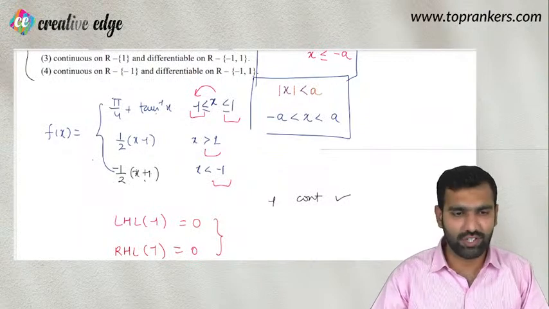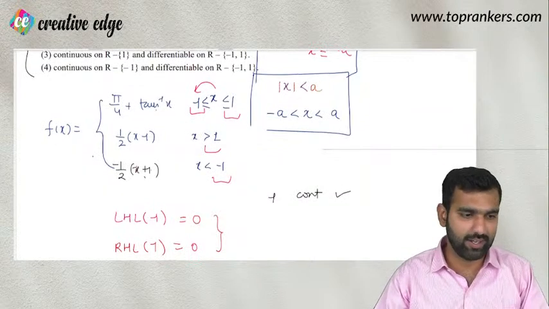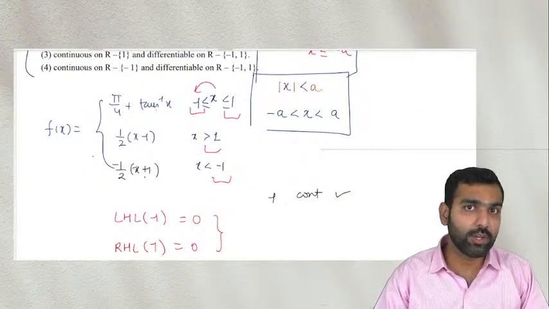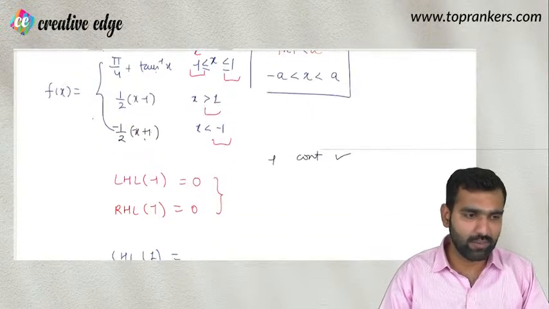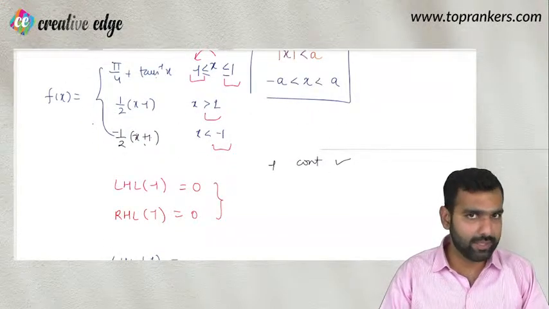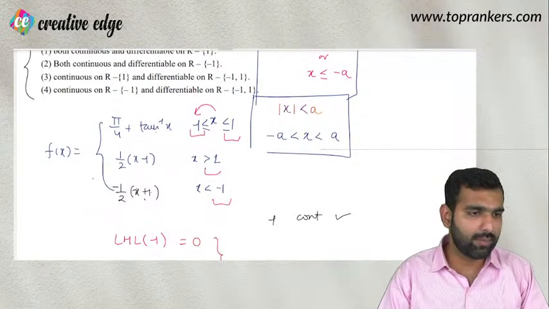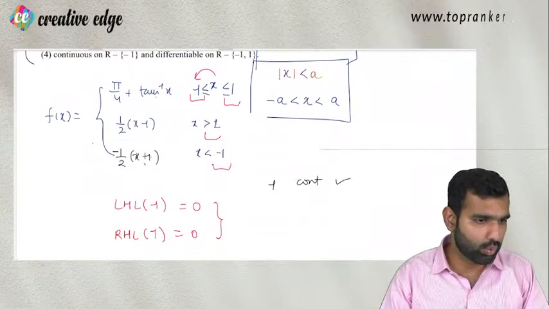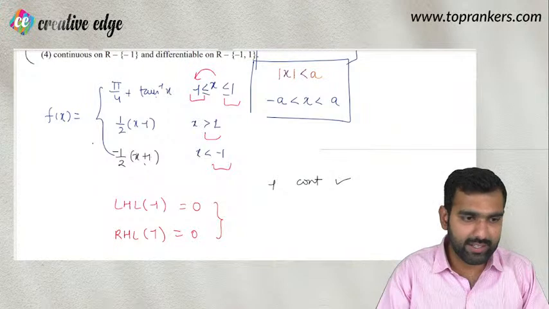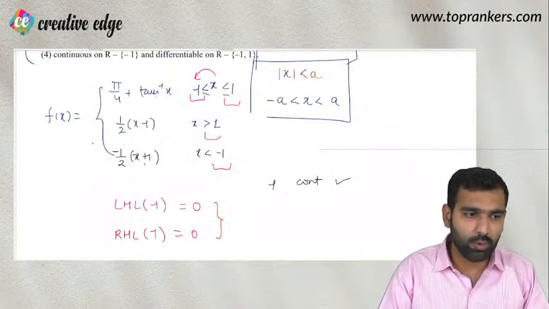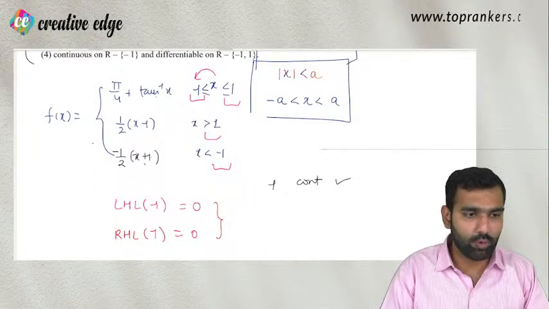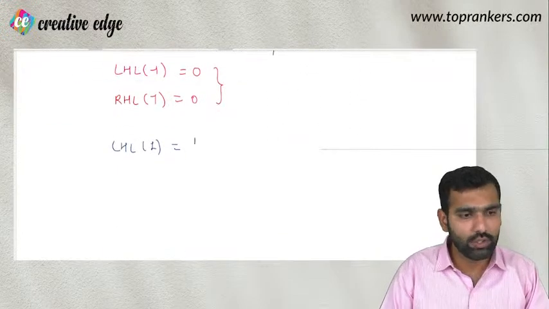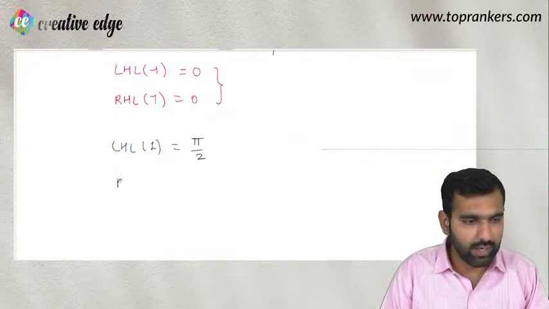सिमिलरली अगर आप इसकी डिफरेंशिएबिलिटी चेक करें ऑनलाइन स्टूडेंट्स, डिफरेंशिएबिलिटी के लिए बहुत आसान सा तरीका है, आप इसे डिफरेंशिएट कर दीजिए एंड आप इसका एफ डैश एक्स निकाल लीजिए, राइट। पहले क्या करते हैं, 1 पे इसकी कंटिन्यूटी भी चेक कर लेते हैं। तो अभी -1 पे चेक किया, 1 पे चेक करते हैं। इसकी लेफ्ट हैंड लिमिट 1 पे क्या होगी, पे अटेंशन एवरीवन। 1 यानी π/4 प्लस tan इनवर्स 1, π/4 प्लस π/4 which is π/2, तो लेफ्ट हैंड लिमिट इज π/2।